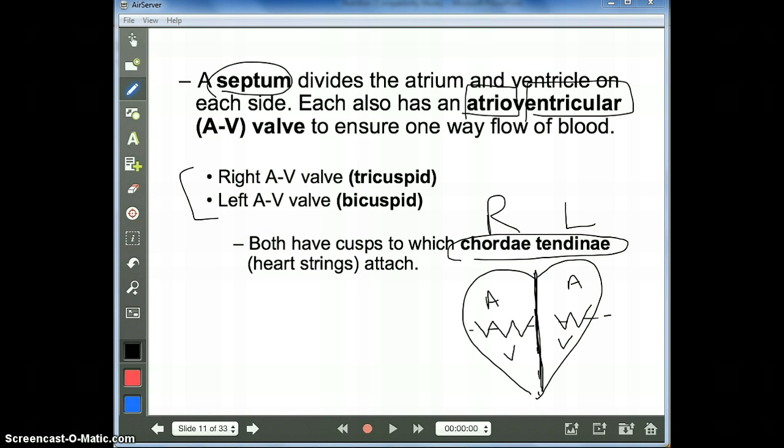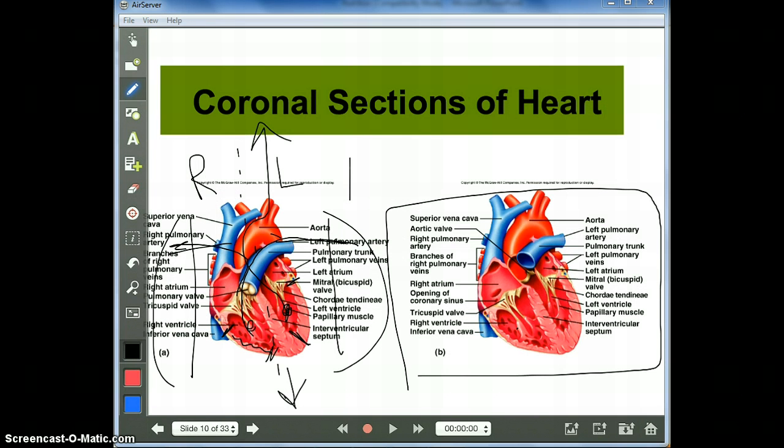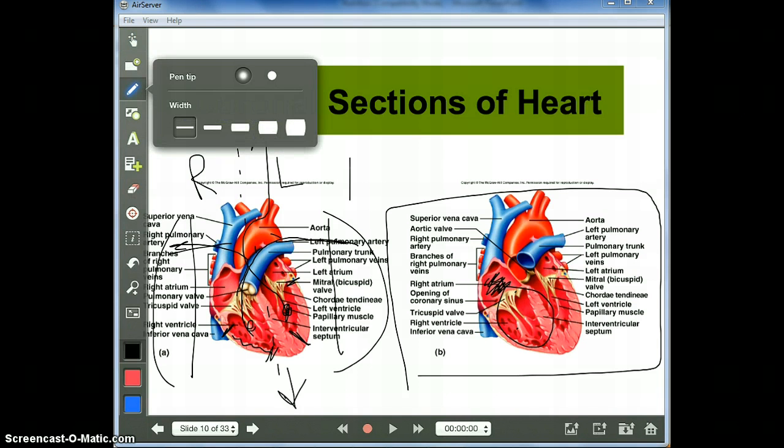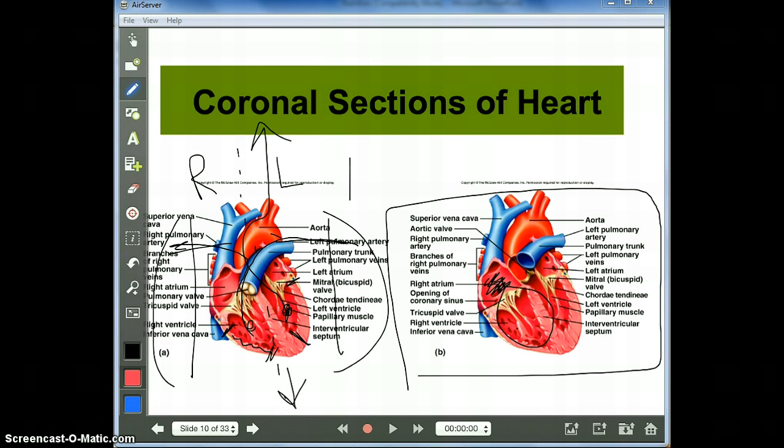Now, the purpose of the chordae tendineae, let's go back to a slide here we did just recently. Look at those guys there. The chordae tendineae are those heartstrings. Now what's going to happen, this little valve has got two little valves. Blood is going to pool inside here, and as blood pools inside there, let's see if I can get a different color. What's going to happen is that blood is going to work its way down into this chamber.